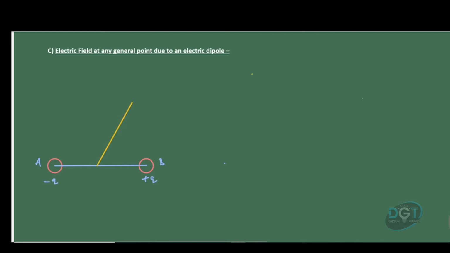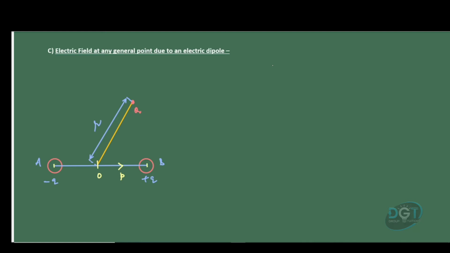that inclined line. So suppose this is the point where we need to find out the electric field due to this dipole. So say this point is some P, and also the distance of this point from the midpoint of the dipole is represented by r. So this distance is r, meaning from here to here is r, and this is the midpoint represented by O, and the dipole moment of this dipole would be along this line, as it is always directed from negative